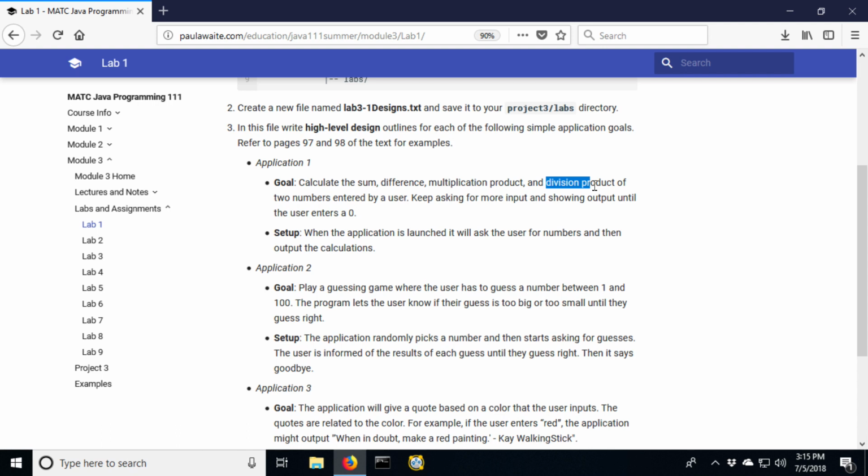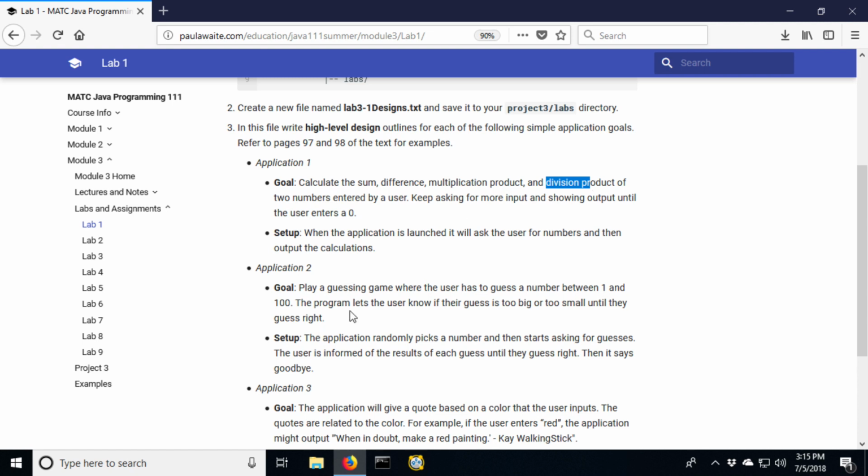Again, you can either create a nice flow chart if you like doing it that way. That's perfectly fine. Pictures are great. When you send it to me, just make sure that your submission has not the proprietary version of whatever that flowcharting software is, but instead export that as just a JPEG or a PNG or something like that so that I can view it without having the same software that you do.